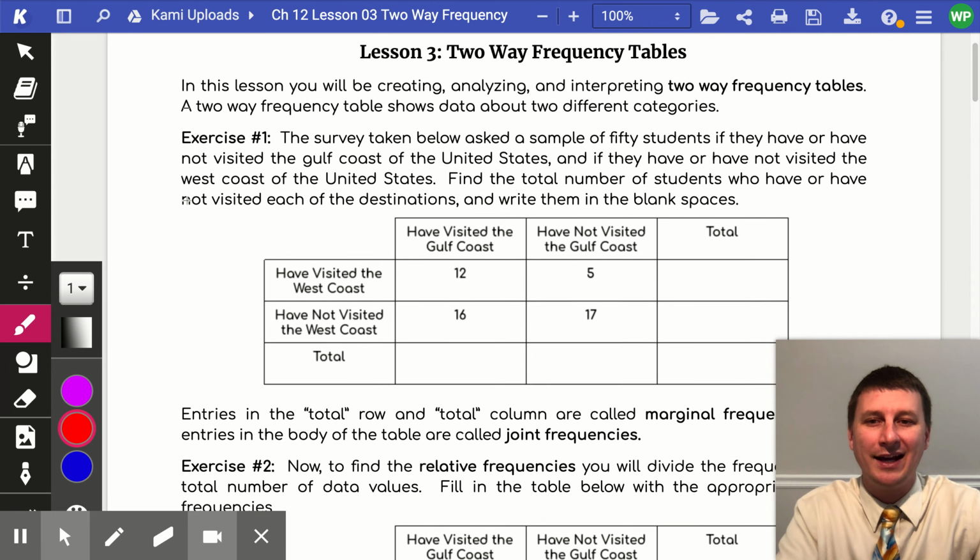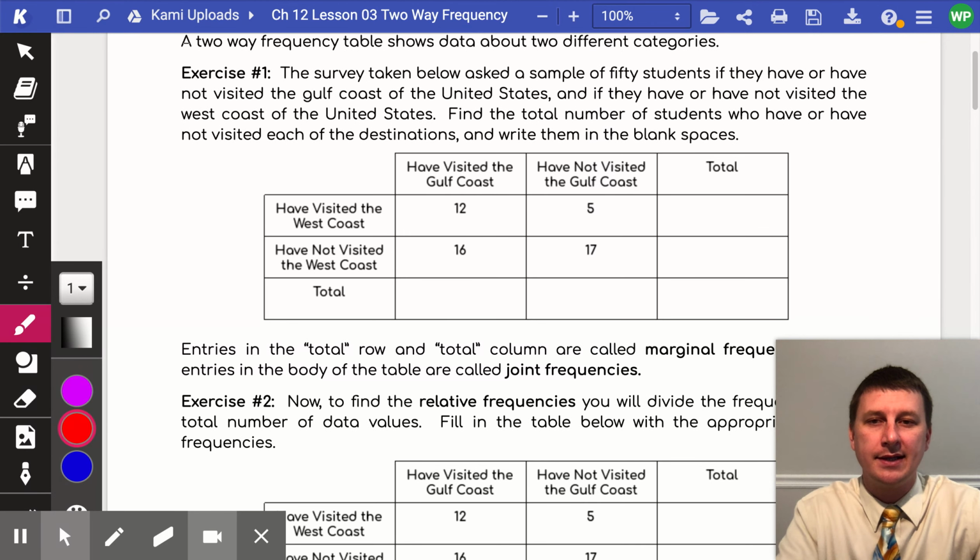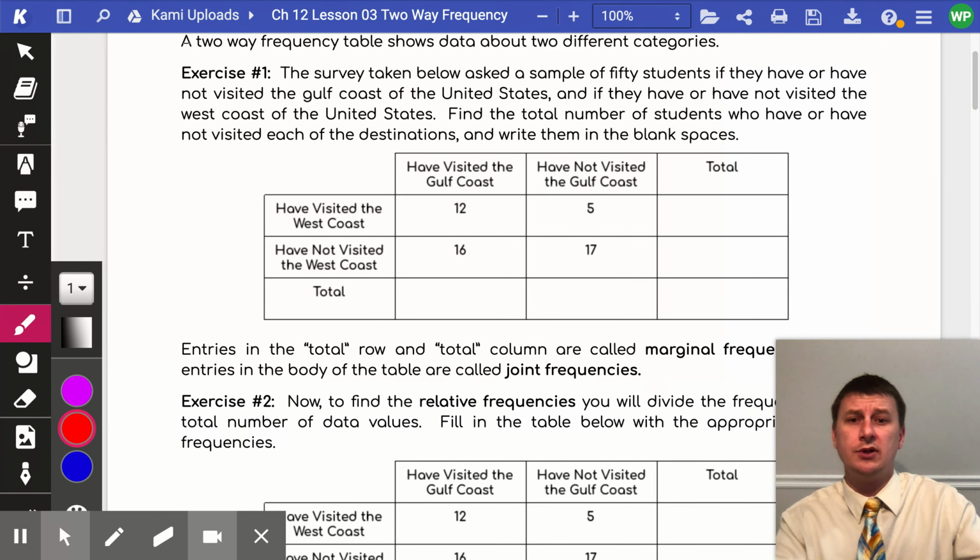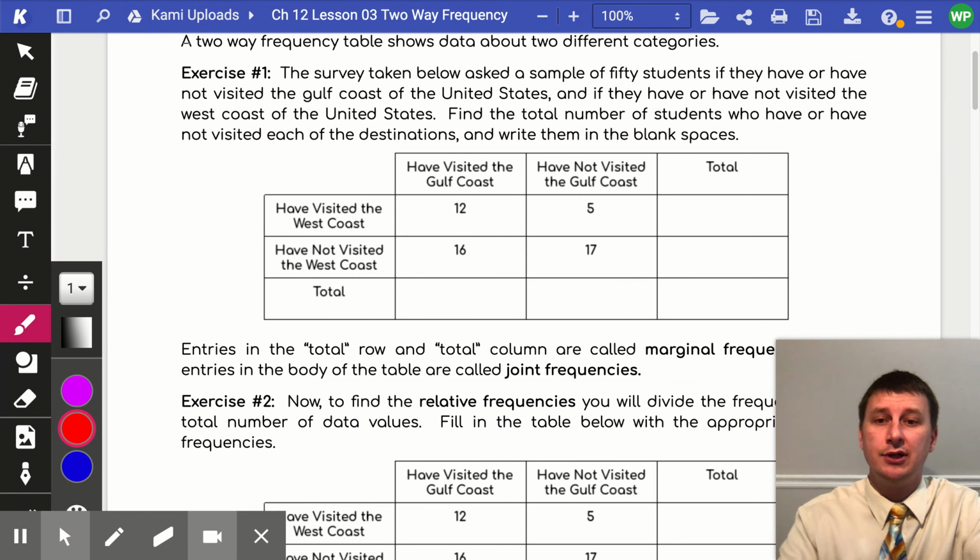So in exercise number 1, it says the survey taken below asked a sample of 50 students if they have or have not visited the Gulf Coast of the United States, and if they have or have not visited the West Coast of the United States. Find the total number of students who have or have not visited each of the destinations and write them in the blank spaces. So what we're going to do is just some basic addition here,